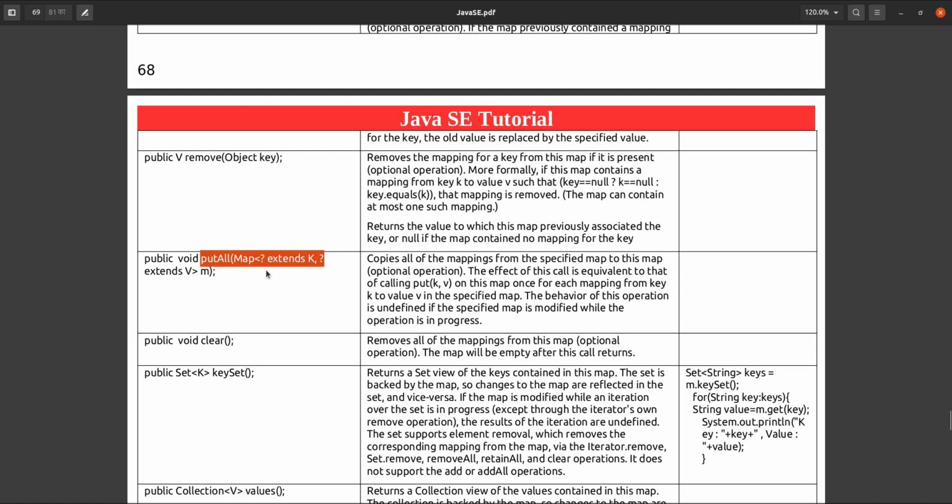In the same way as in collection, where we have the addAll method. Using addAll, we can specify any other collection, and all its elements will be added into this collection. So in the same way, in map you can supply another map, and all the entries will be added into this map, the current map, on which object you are applying putAll.